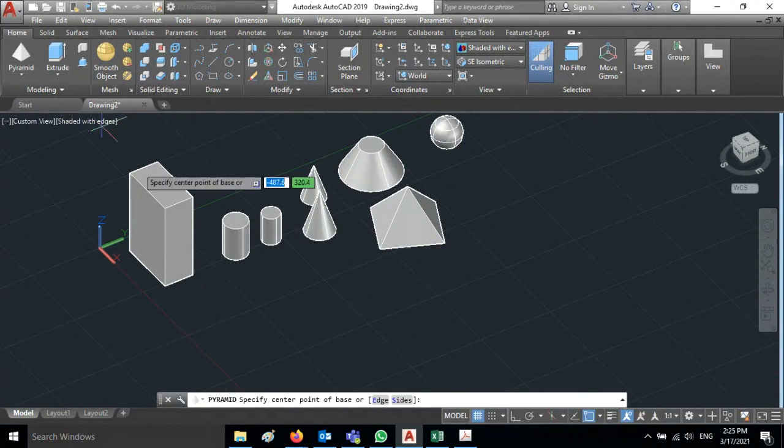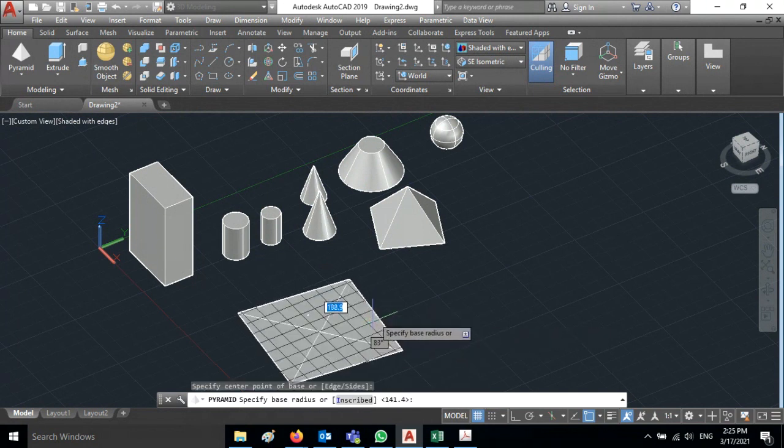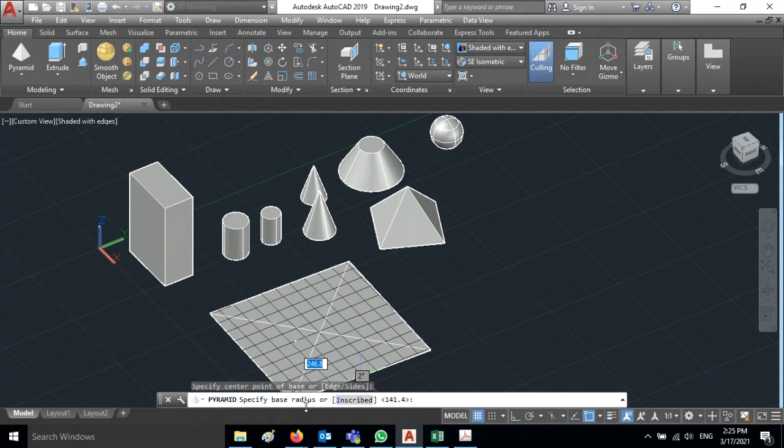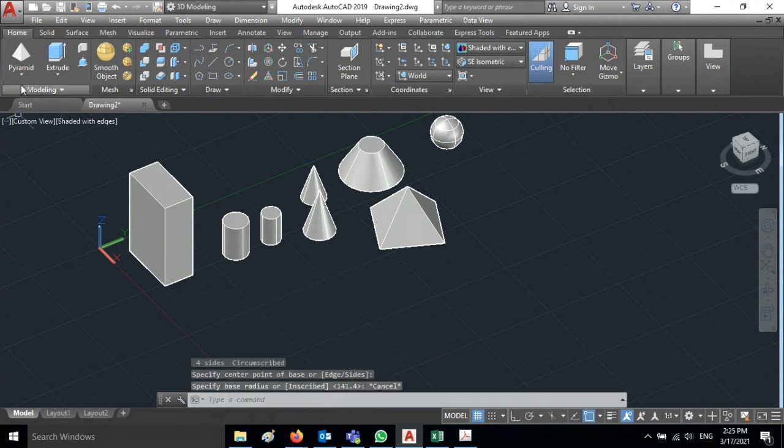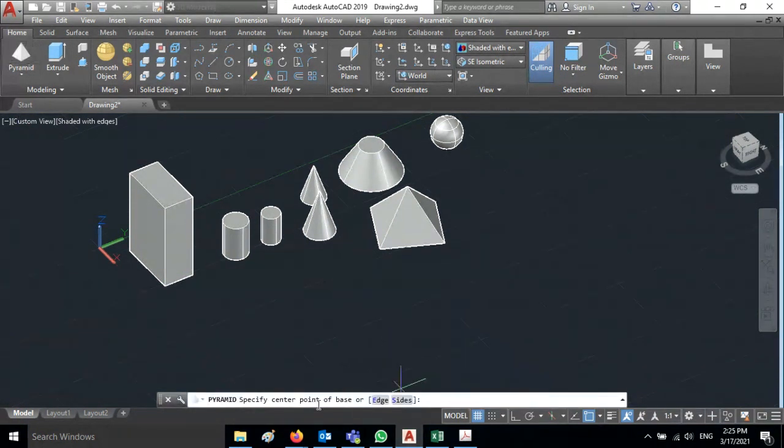Just you click pyramid and select the center point, and now we can see base radius. So before that you have to go to pyramid, and you have to see the edges. Okay, before the center point you go to the edges. Okay, you select how many edges you want. Let us say I need 6 edges.